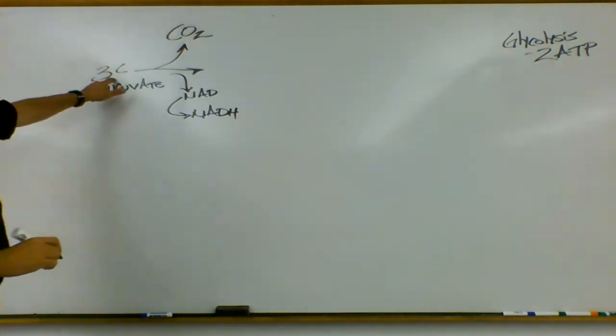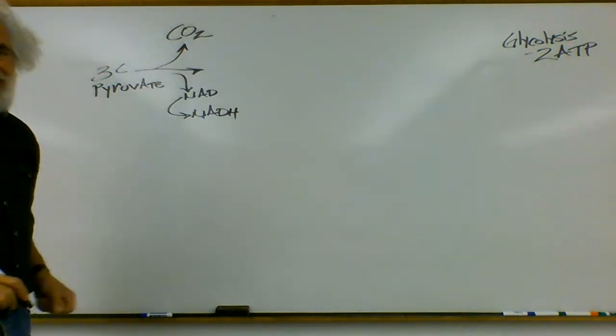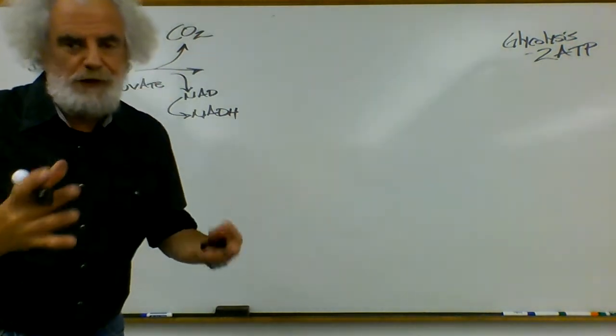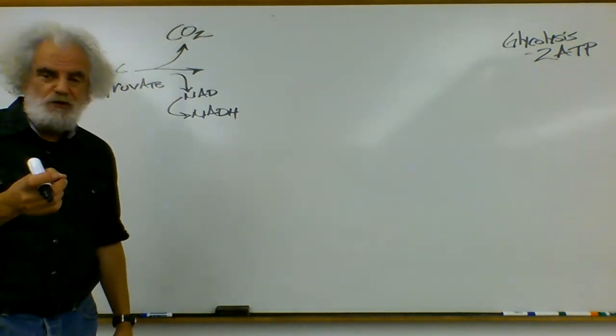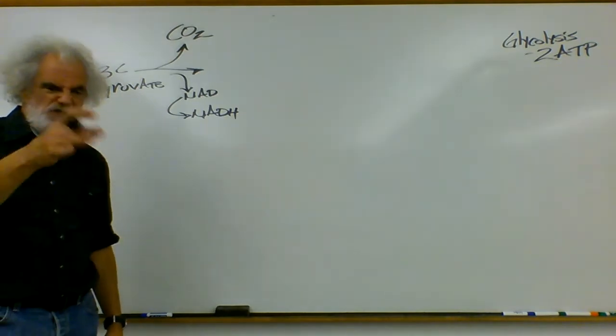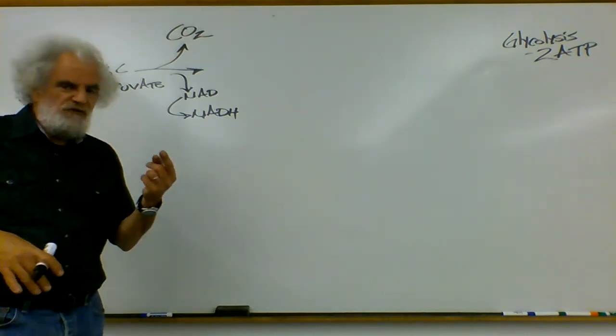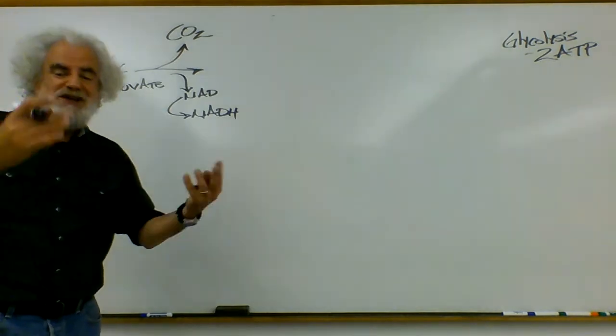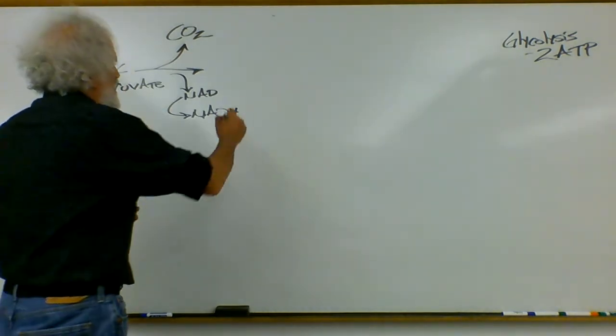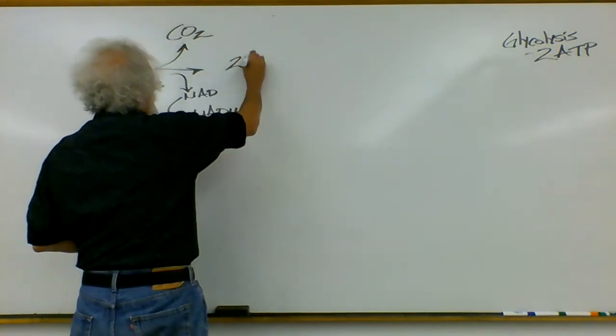So if we have a 3-carbon pyruvate and we've lost a carbon, how many carbons are left? Ain't real high math. 2 carbons. It is an acetate molecule. You remember in organic chemistry discussions that 1 carbon is the methyl group or the formyl group, 2 carbons is the ethyl group or the acetyl group. We've got now the 2-carbon molecule,